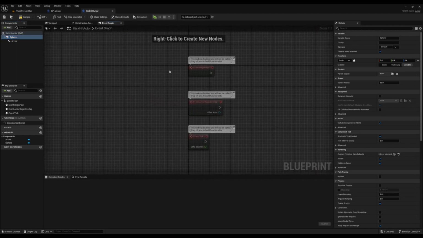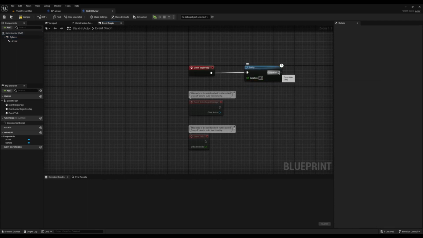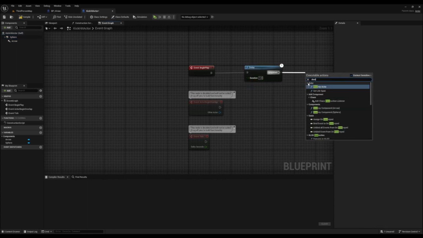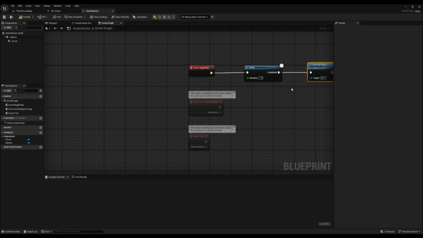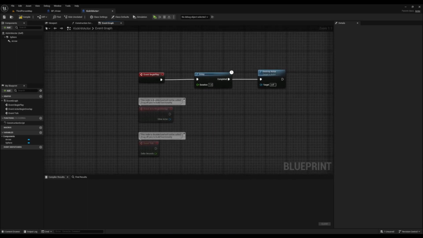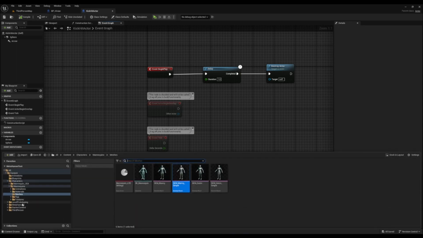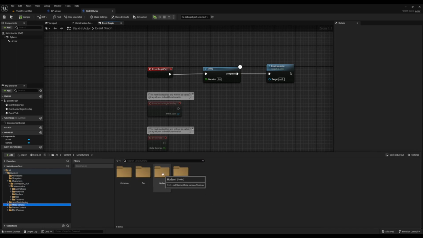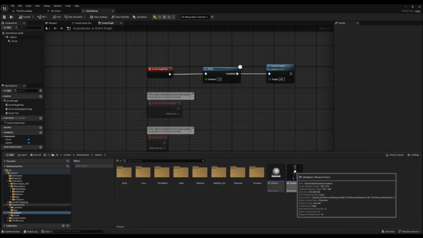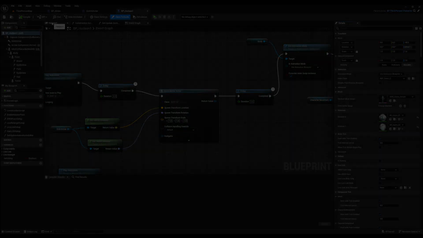So if we go to the event graph, we can create a delay here for 1 second, and then destroy. So it'll just go ahead and destroy itself. It'll only need less than 1 second to do what it needs to do. We'll come back to this shortly to add in some collision functionality, but if we just compile and save it for the moment, head over to our character blueprint that we are actually playing as. So MetaHumans, in my case it's Hudson, and I'll open up the duplicated blueprint that we created. We'll go to viewport,